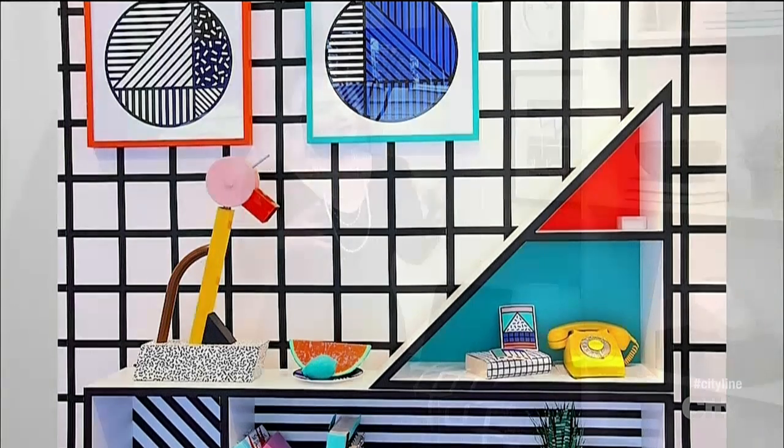And their whole movement was really against the modernism that was happening in the 70s, where everything got very stark and a little bit more bland in a certain element of design. And they thought, you know what, we're going to burst out of that mold. And their only rule was to really have no rules. So it was all about geometric, so they took cues, even looking back then, from Art Deco, from pop art in the 50s, mid-century modern. And then they evolved those styles to create this Memphis look,